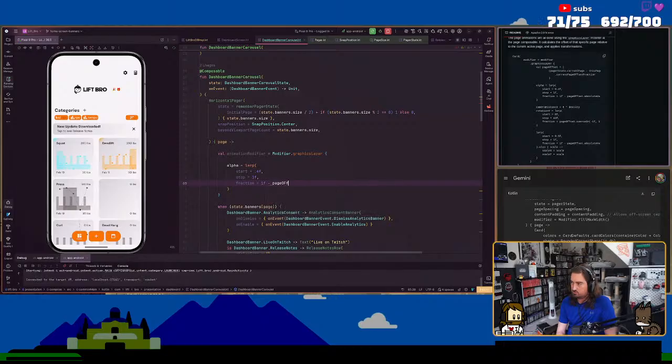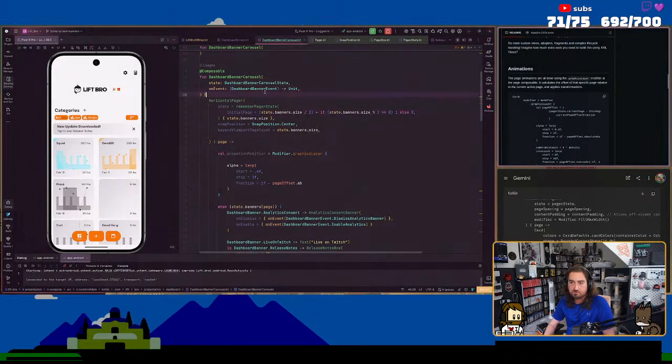I'm just gonna. Oh, so we do also get the page offset. So I do need the pager state.